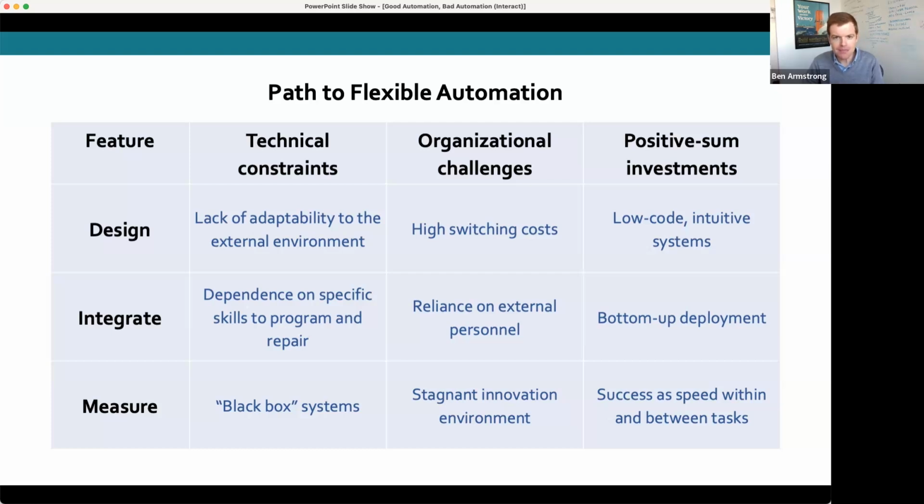And then finally, we think that there's a real need to redefine how we measure success in terms of automation. A lot of the ROI calculations that we see off the shelf, and that we see even technology providers using, emphasize the performance of a technology versus the performance of a human. And this competition of can the robot do better at the task than a human is a zero-sum game. And I think in reframing this as a positive sum investment, we want to understand if the robot and the human can do better together than a team that's not enabled with technology. So really, we're looking for overall performance improvements from the robot-human team and not a competition between